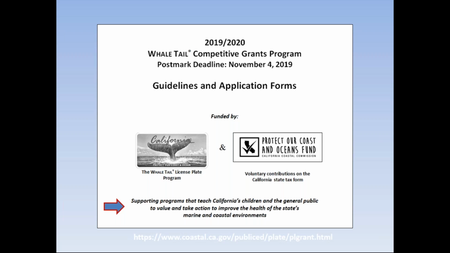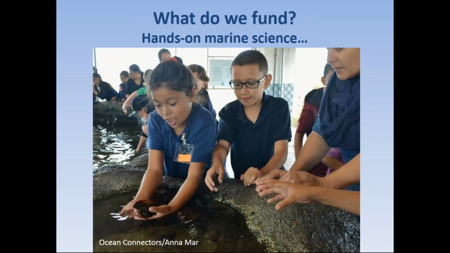And we've put the purpose of these funds right there on the cover sheet. It says that the funds support programs that teach California's children and the general public to value and take action to improve the health of the state's marine and coastal environments. So what can that look like? We fund a lot of different kinds of projects targeting either the general public or targeting youth, including hands-on marine science lessons and activities,